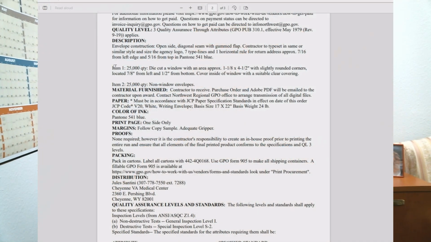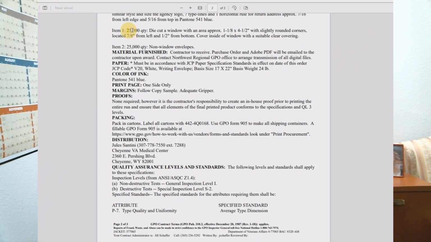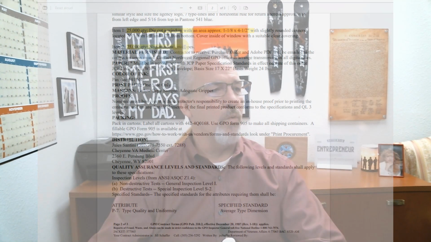Now here's where it gets a little different on this one. They want 25,000 of them with a window, and they want 25,000 of them without a window. Really not that big a deal. All of the envelopes will be printed exactly the same: return address, logo in the top left corner of the envelope. It's just half of them will have a window and half of them won't. So we know what they want. Now let me show you how to give them what they're asking for in a way that helps you win